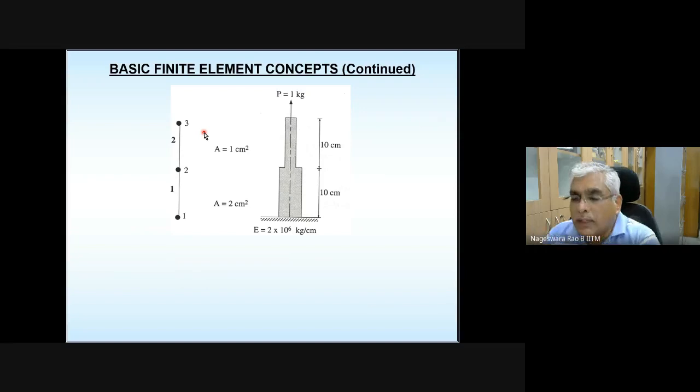And finally, the equation system that you get depends on the number of nodes, and at each node, how many unknowns are there. At each node, you have only 1 displacement to be determined. The axial deformation is what you are interested in. So at each node, the unknown is the displacement in the axial direction. So there are 3 nodes, and at each node 1 unknown, so 3 unknowns. So finally, the equation system is going to be 3 by 3. Okay, that you need to keep in mind.